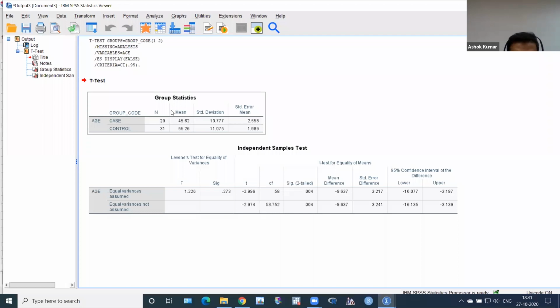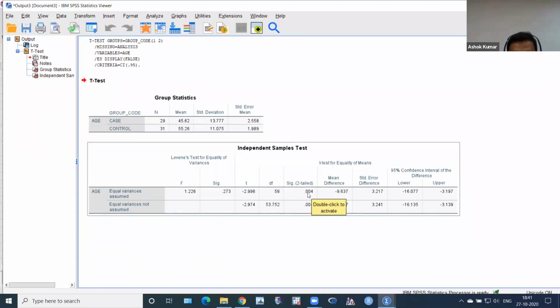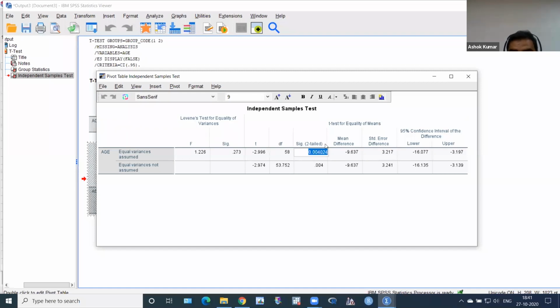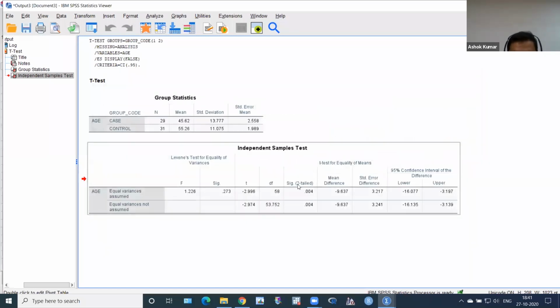So whether this difference is significant or not, I have to see the p-value of the independent t-test. And where is the p-value? The p-value is here, significance two-tailed, and this is coming 0.00. This is up to 3 decimals. But if you click this p-value here, it comes in 6 digits. Oh, it's very good, 6 digits. I can take it in 6 digits, otherwise I can take it in 3. So you have to click and then.